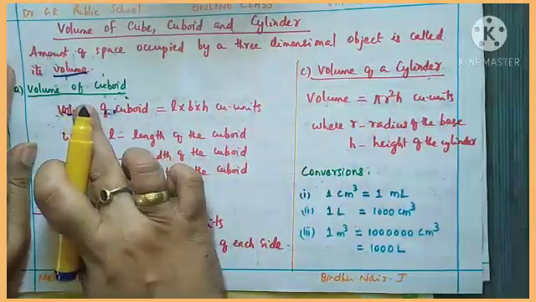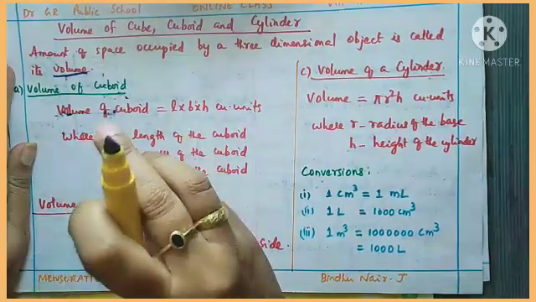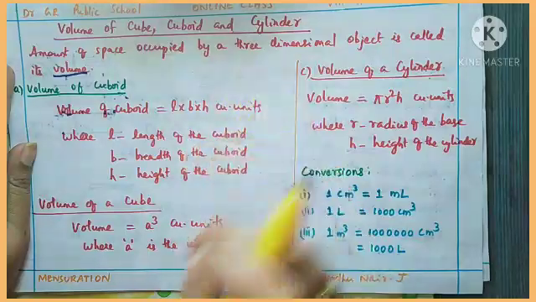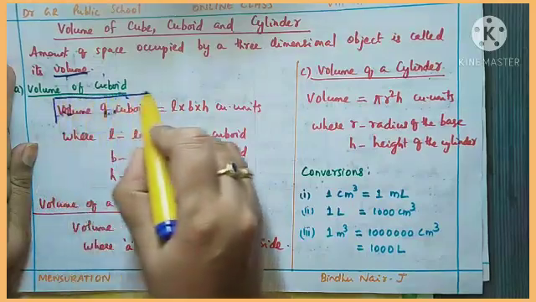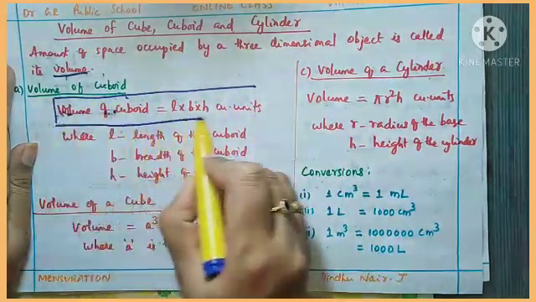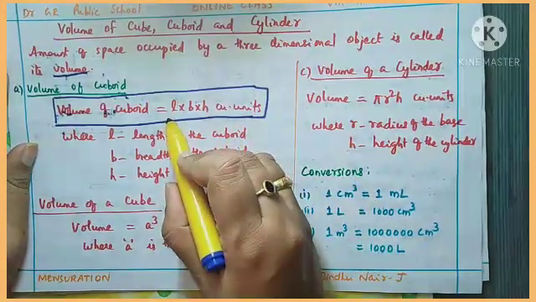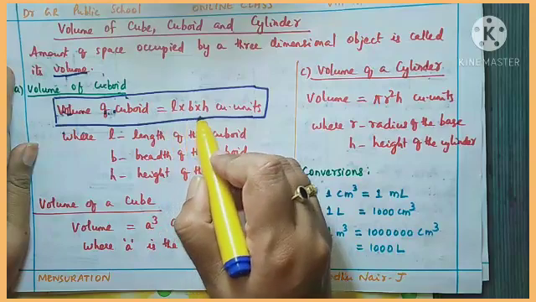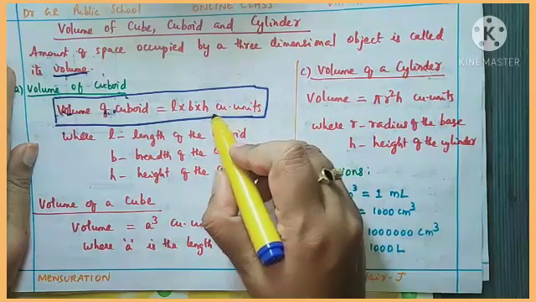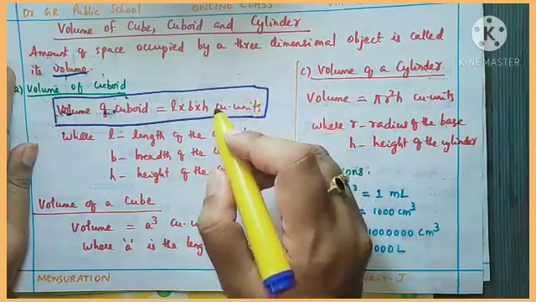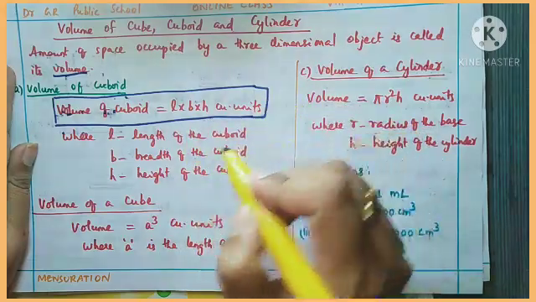Okay, so how we are finding the volume of a cuboid? All of you know the cuboid shape, it is having a length, breadth and height, right? So volume of a cuboid is determined by the formula volume of a cuboid is equal to L into B into H cubic units. Okay, so we want to multiply length, breadth and height of the shape to get the volume of cuboid, and it is given in cubic units. That is, if the measurement is in meter, you want to write meter cube. Okay, cubical units we are using here.